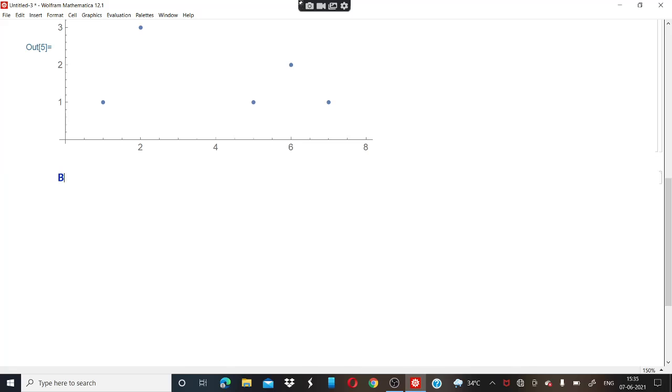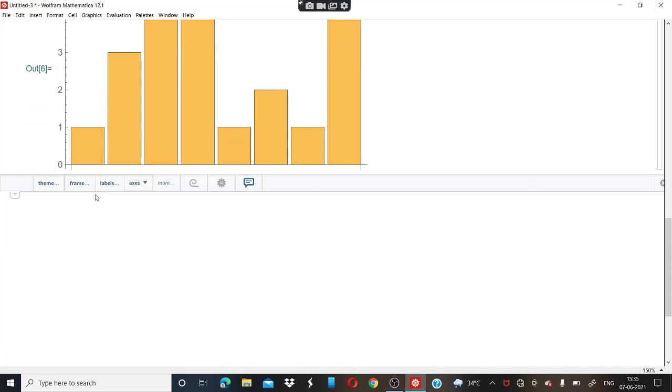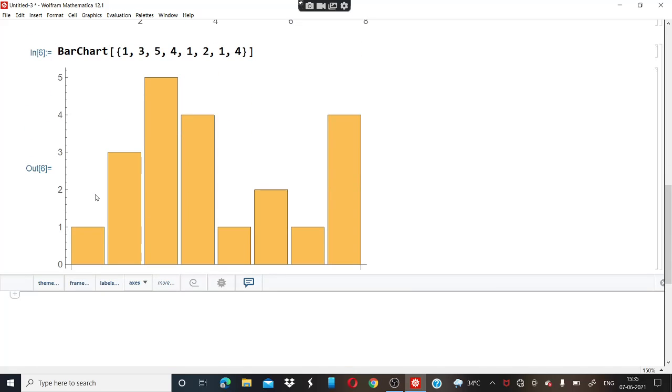For that we are going to use BarChart. The suggestion is here, and you just paste the numbers you have chosen earlier. Then we press shift and enter key, and you can see the graph looks good, it's a bar graph, and you can see 1 3 5 4 and so on.